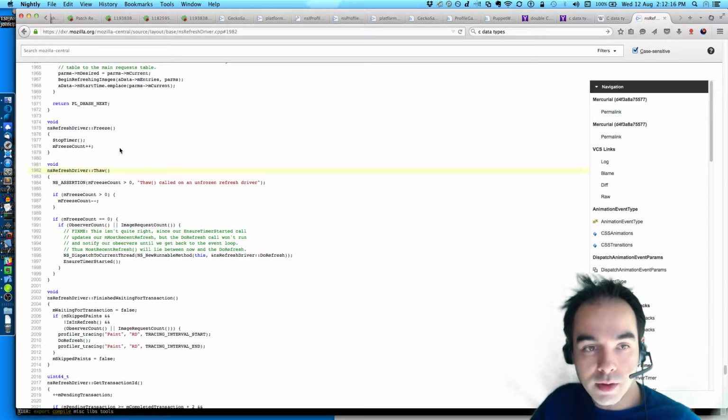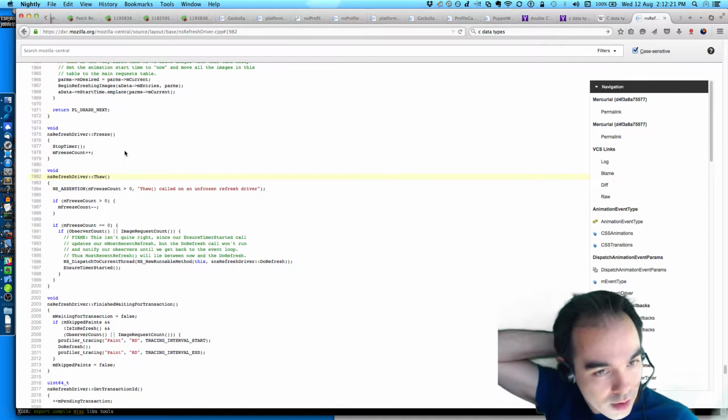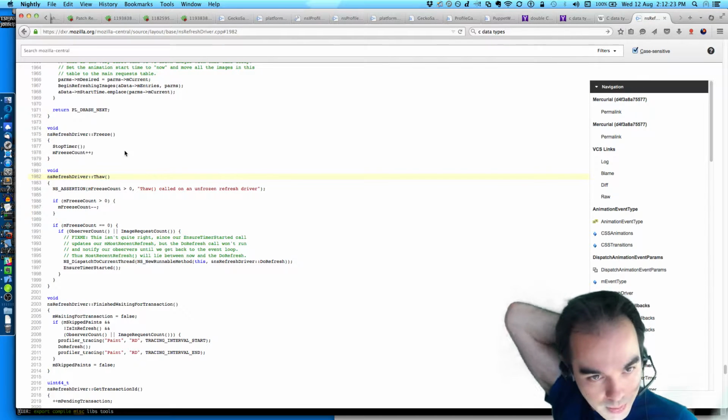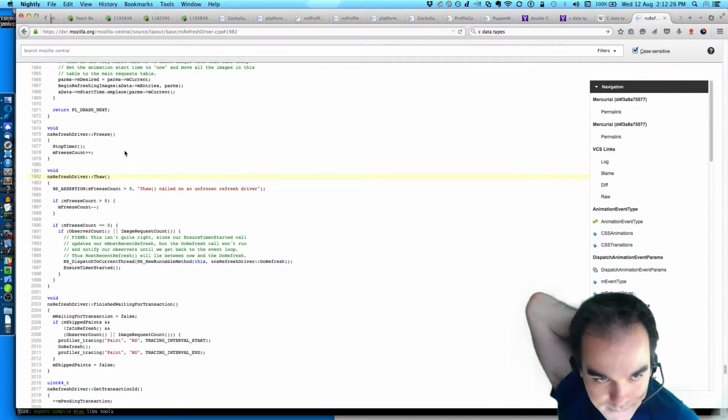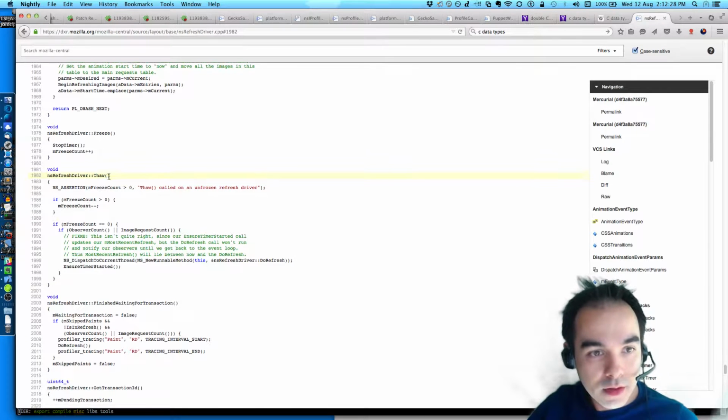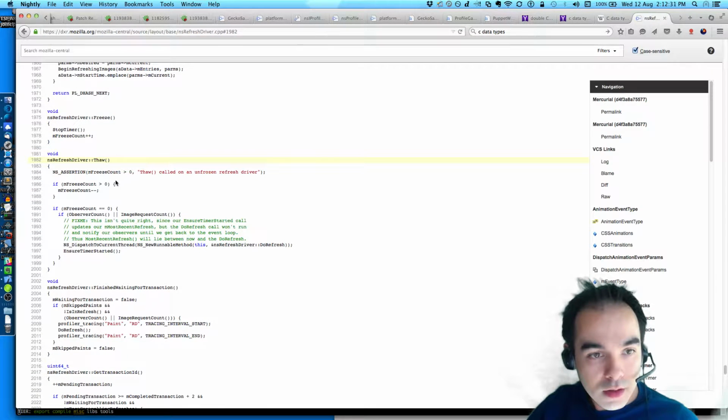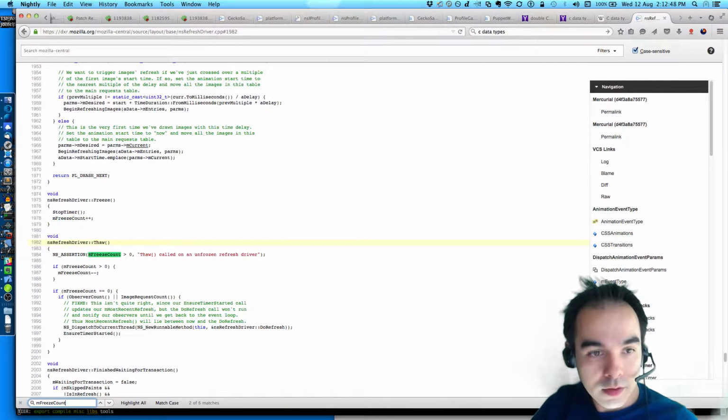The refresh driver is probably the thing that's like, okay, now paint, now paint, now paint on the timer. And that caused us to stop the timer so we don't paint. The freeze count. What is the freeze count? You don't expose it.